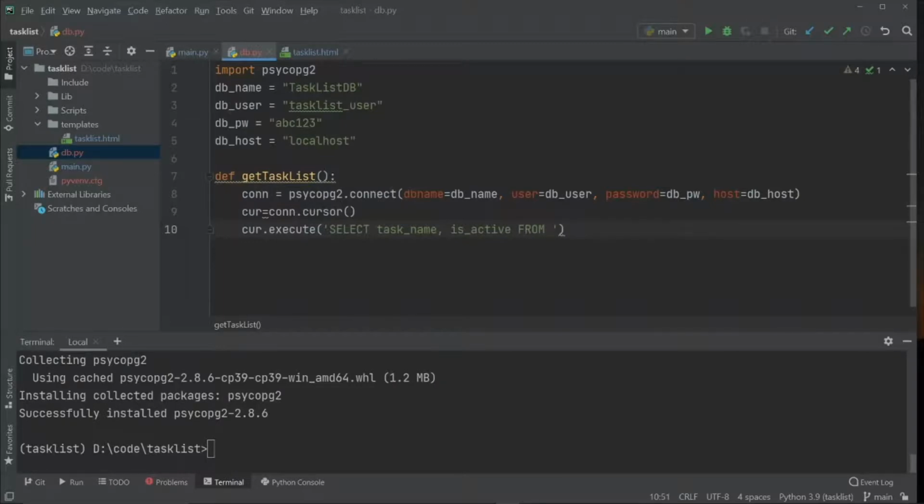So from public dot, and this is why we use single quotes, because after you say dot you have to use double quotes. So public dot task list, because this was the name of the table. So we're saying cur dot execute this query, and down here we're going to have to say